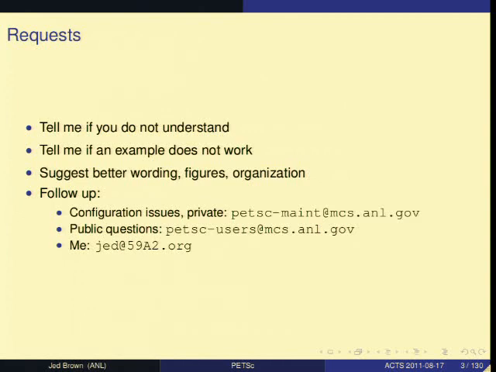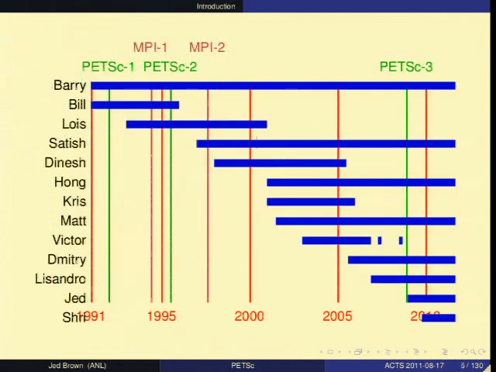There's a couple of places that you can follow up. So the PETSc maint mailing list is not actually a mailing list, but it comes to all of the developers. And it's private. PETSc users is public. There's also a PETSc developers list. Send to whichever you think is convenient. You don't have to subscribe to anything to send to PETSc maint. That's our help request line.